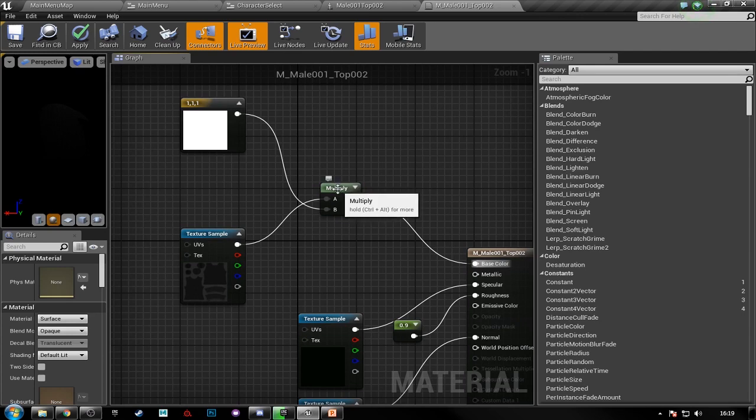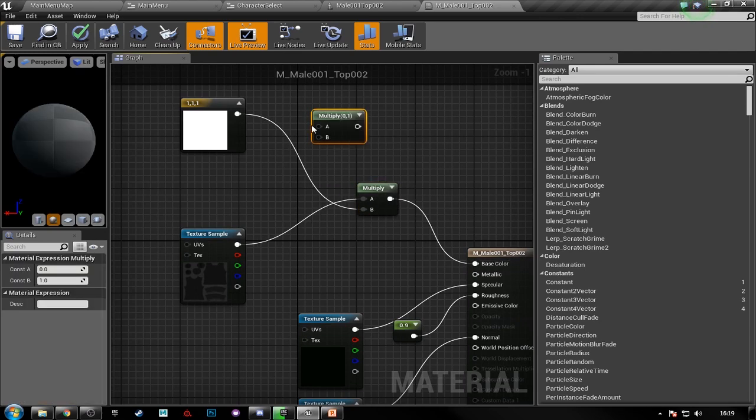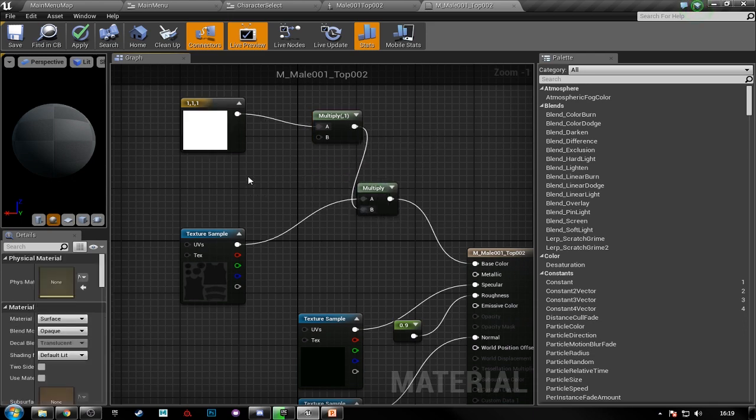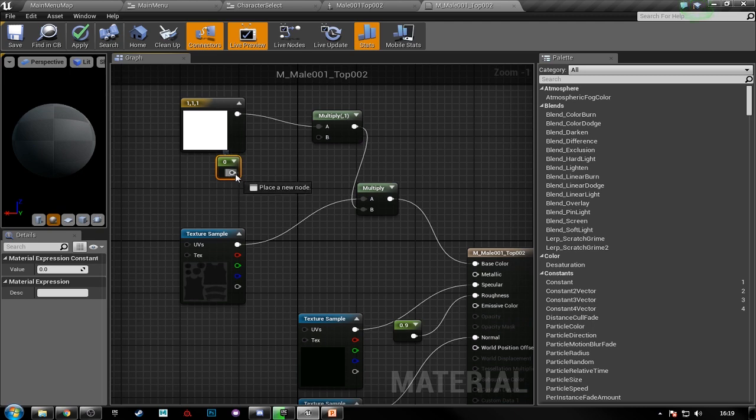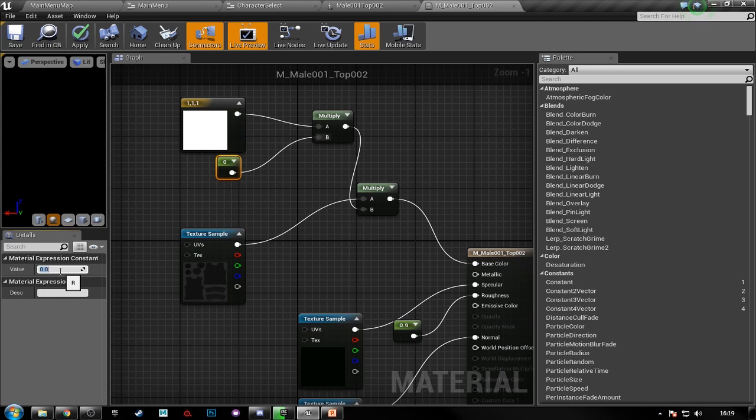so that means we need to do something a little bit different here. So if we drag this out here and we bring in another multiply and just drag this to the top, drag this to B, and if we bring in a constant vector 1, and just drag that in there, we can adjust this to say 5, and what this will do is it will brighten this colour by a power of 5, so it'll be white times 5 and it will brighten it right up, and then we are plugging that into the multiply, so it's multiplying the original colour by whatever we have here. So if we save this,